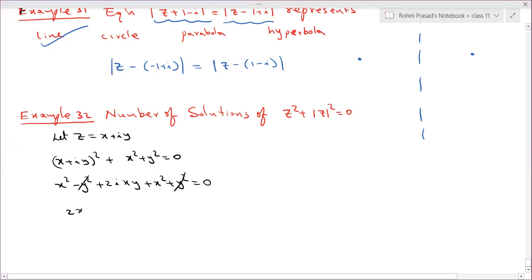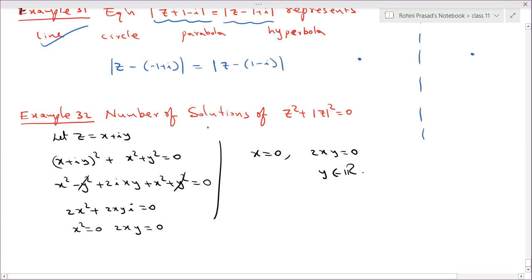So 2x square plus 2xyi equal to 0. So then x square equal to 0 and 2xy equal to 0. Both should happen. So x square equal to 0 will happen only when x equal to 0. So when x equal to 0, 2xy equal to 0 for any y value,